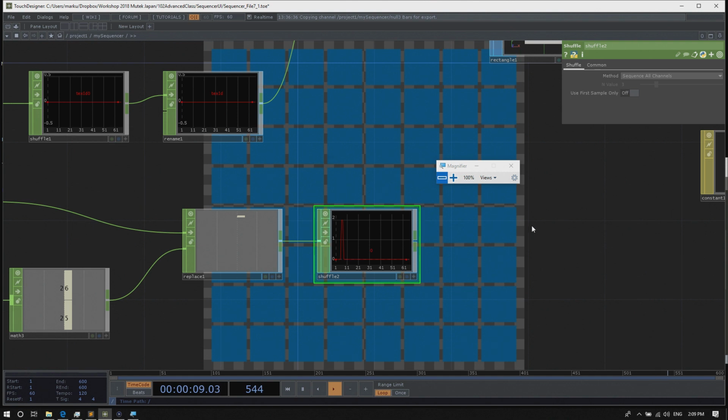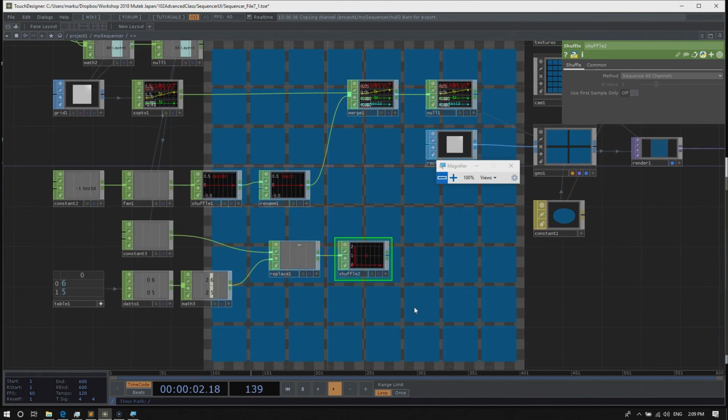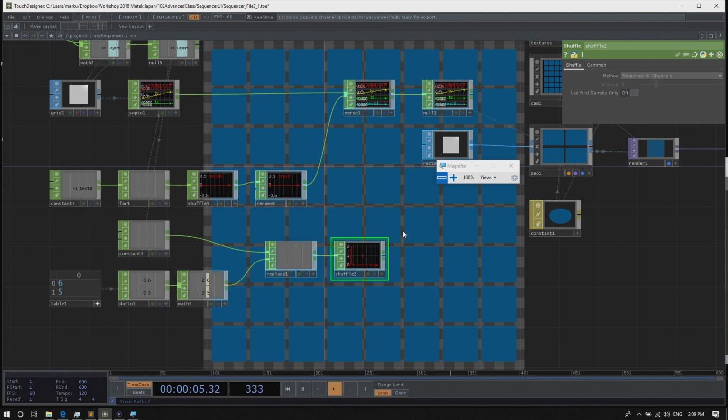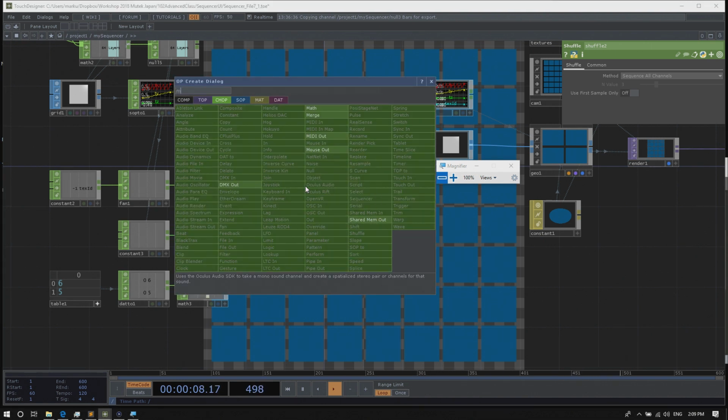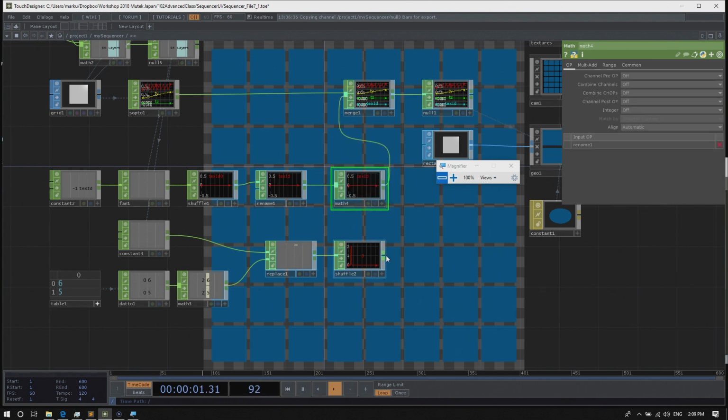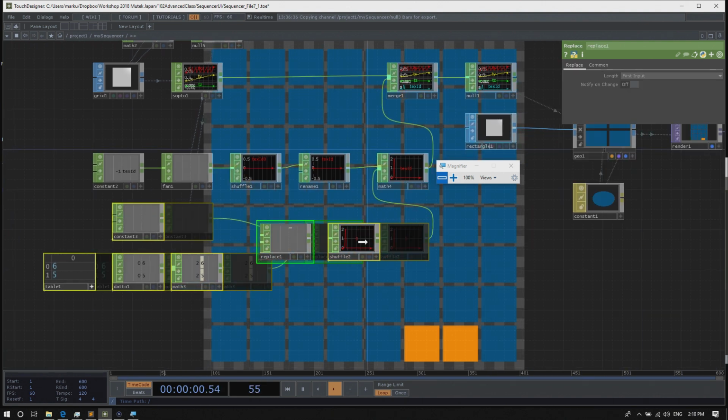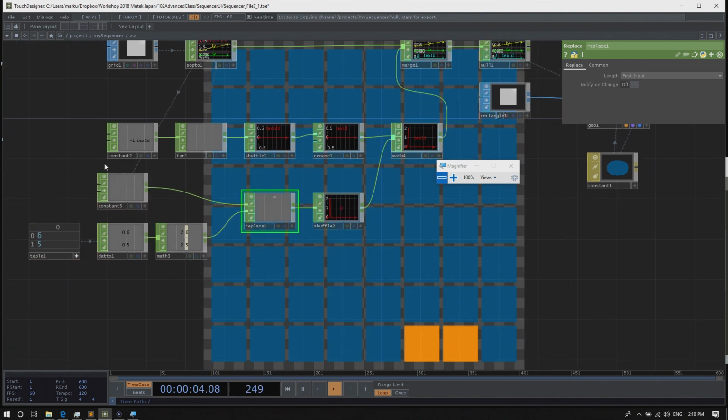It's sequence all channels as the method. でこれで、シーケンス、シャッフルでメソッドをまたシーケンスオールチャンネルに変換します。And now I can add this channel onto the text ID. でこれをtext ID に適用します。So after the rename, I'll add a math and take the shuffle as the second input and say combine chops add. で、マスをもう一個作って、コンバインチョップで2つの、チャンネルを足し合わせて、text ID とマージします。